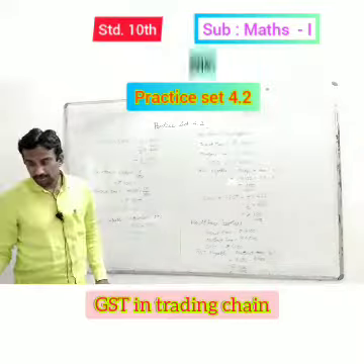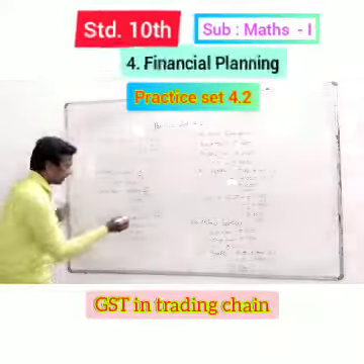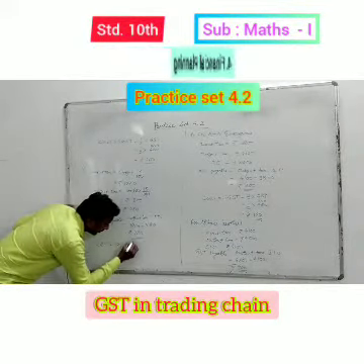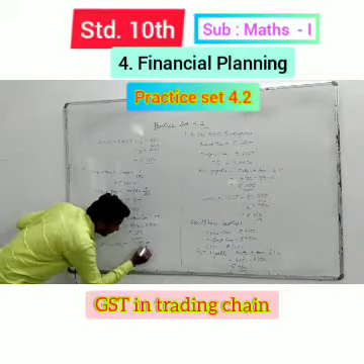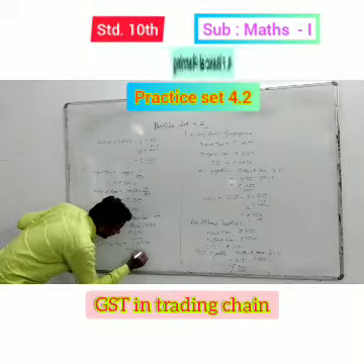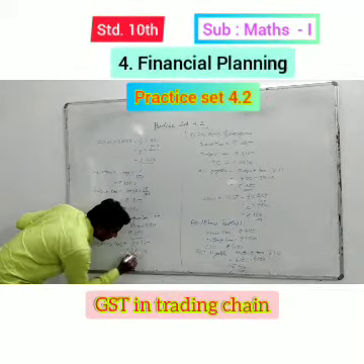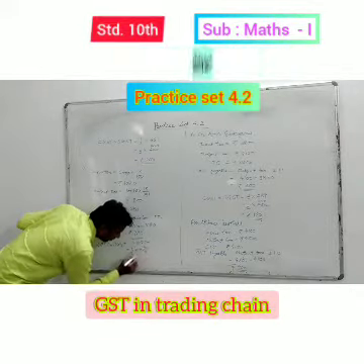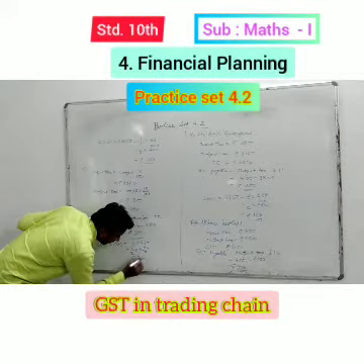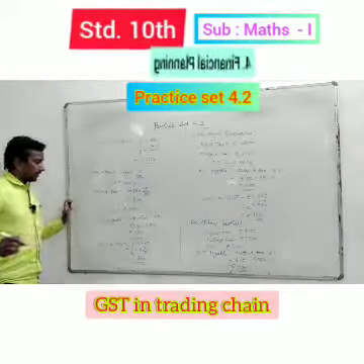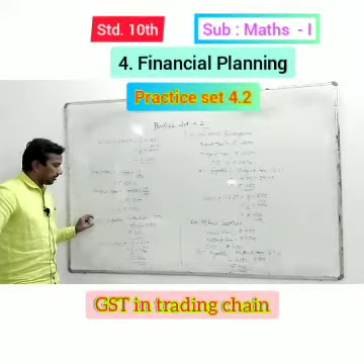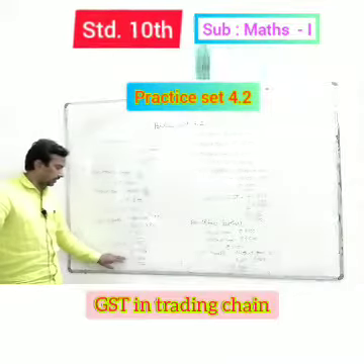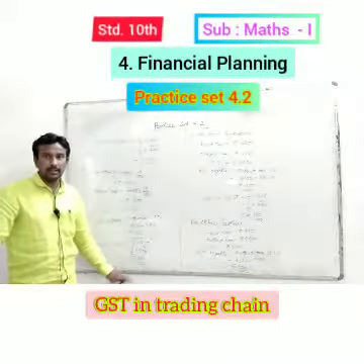Now find amount of CGST and SGST. Again we know CGST is equal to SGST is half of GST. Therefore half of 720, divided by 2. 7, 2 threes are 6, 2 sixes are 12, and 2 zeros are, means rupees 360. Therefore amount of GST payable is rupees 720. Now CGST is rupees 360 and SGST is also rupees 360.